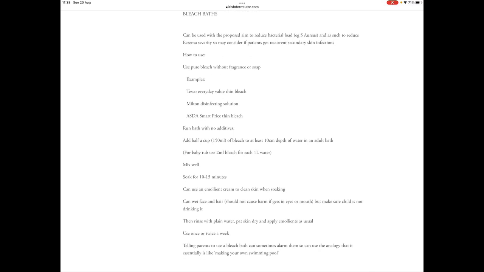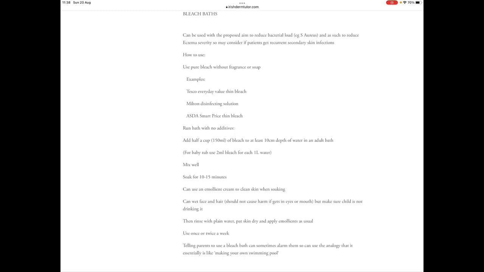Bleach baths are another treatment strategy we sometimes use in patients that get recurrent skin infections, and the aim of it is to reduce bacterial load such as the Staphylococcus aureus that is on the skin. So you might consider these to prevent recurrence. Again, I think the definitive evidence on how effective they are isn't great, but it seems to be a relatively safe approach, so I do know that lots of consultants do still advocate bleach baths in the